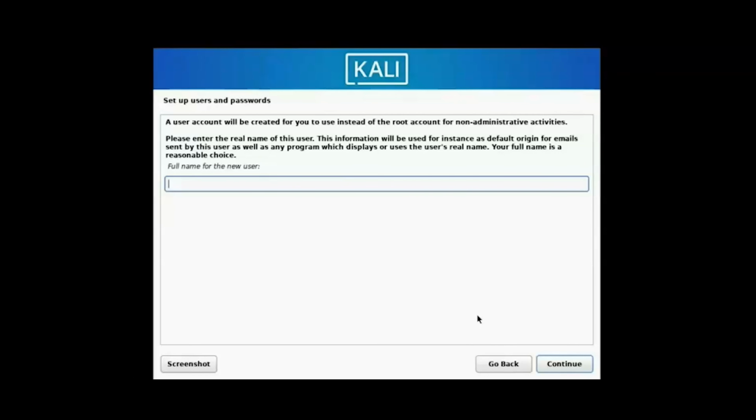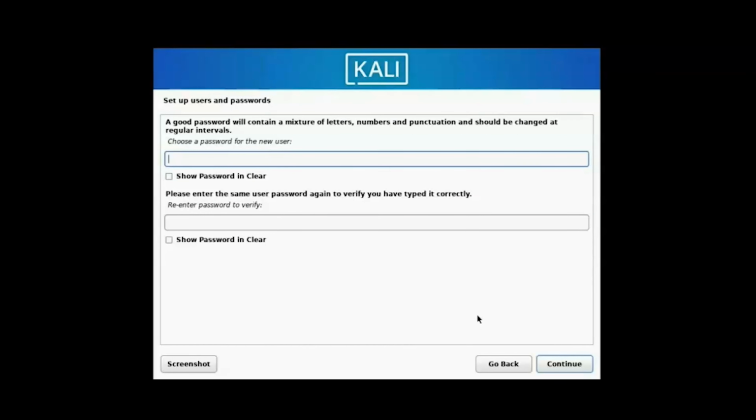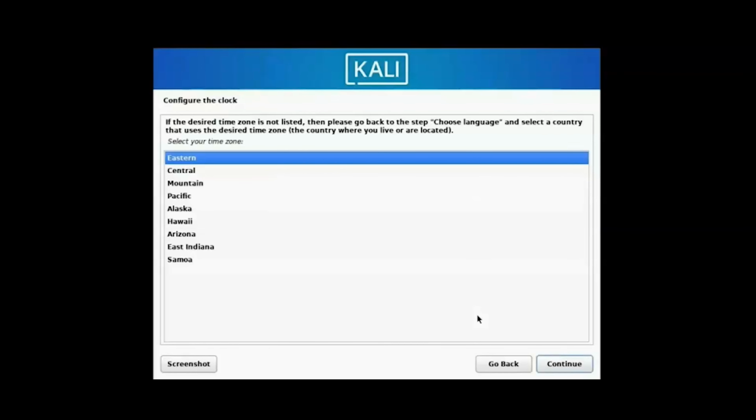And then type your name, whatever you want to use in here. I'm going to just type Tech Talk, but I can't type worth the crap. And then you go ahead and hit continue, and then put your password in. You have to type it twice, and then hit continue, and then select your location. I'm going with Eastern,